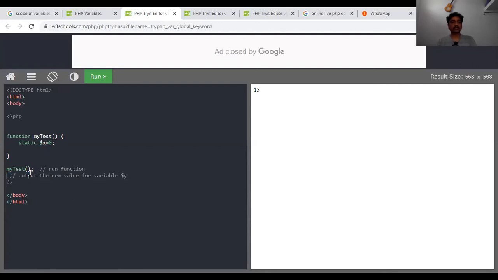Then I increment the $x variable. So this is what I do inside my function. What I do, I call this function repeatedly for